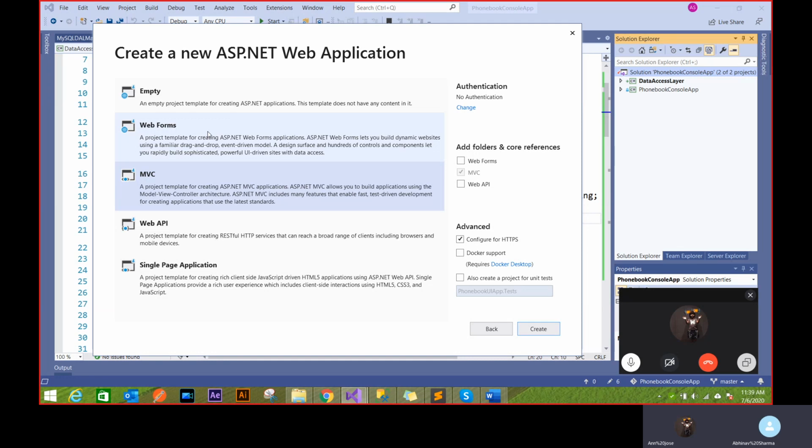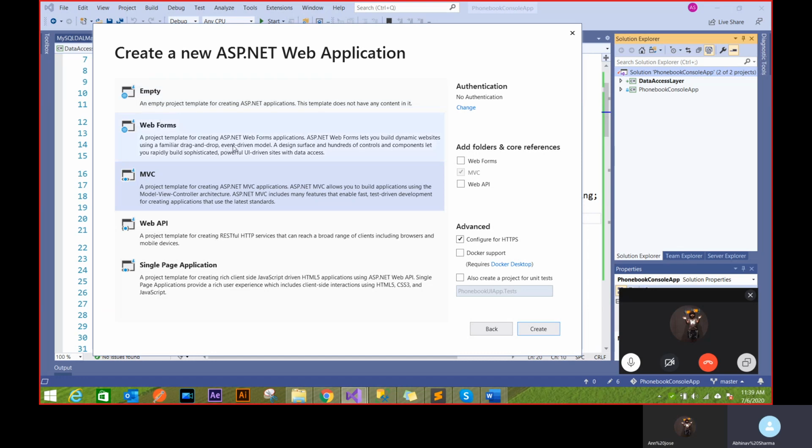What's empty? The first one is from scratch, the empty. You can see, if you want to take control of your whole application, you can start with an empty project. But for even people who are starting from scratch, they really don't want to create each and every folder, right? They want at least blank folders created for you. So it's basically for something which you want to start 100% from scratch. So that's the empty thing.